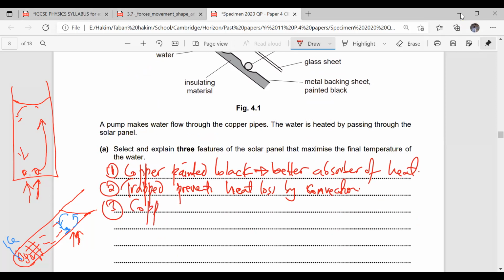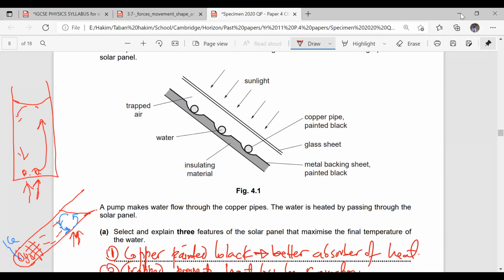Sir, I also think the metal backing sheet painted black, due to it being somehow thick, as I see. Okay, it being black, it absorbs heat from the sun, which is then transferred to the copper pipe. Okay, I'll just phrase it like this because I've already talked about something being black,